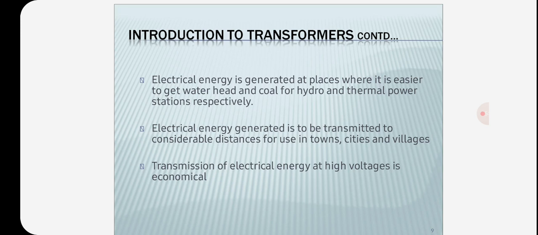Approximately, it is 90 to 98 percent, the highest among all the electrical machines. In generators and motors there are moving parts, so their efficiency is low compared to transformers. In transformers there are no rotating parts, and that's why the efficiency of the transformer is 90 to 98 percent. So it requires less maintenance and less supervision.